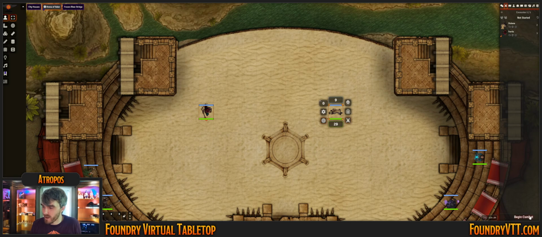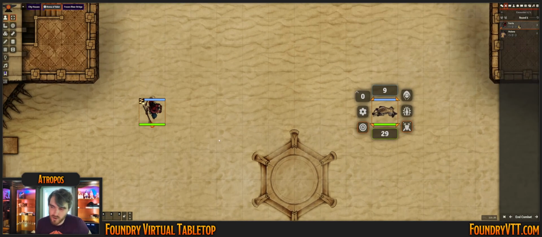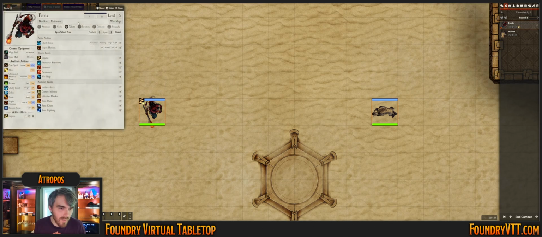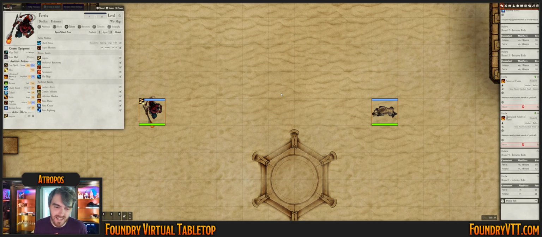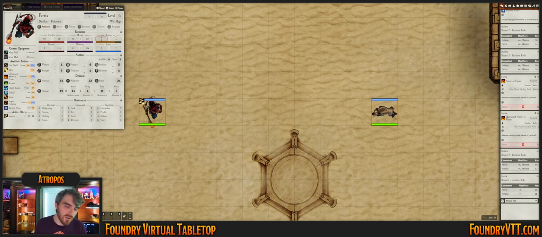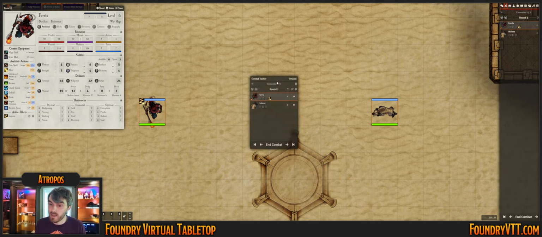So I'm going to start a new combat encounter. Okay, in this new combat encounter, Ferrex has won initiative of the first round of combat, and because of my impetus talent, if you are first in initiative order on the first round of combat, you gain +1 action during your first turn. So this is a really good talent. Like if you are the first to go in combat and you want to have an alpha strike build where you get to take down an enemy before they get a chance to act, Ferrex is in this situation now where, now this should have been automated that I get bumped up to 4, little bug fix that needs happening, but Ferrex has 4 actions for this first round of combat because of that impetus talent,